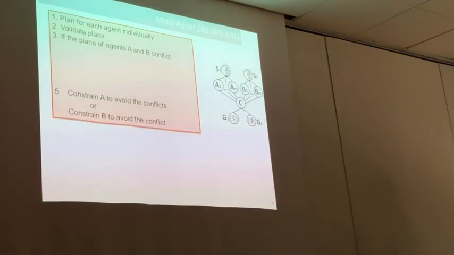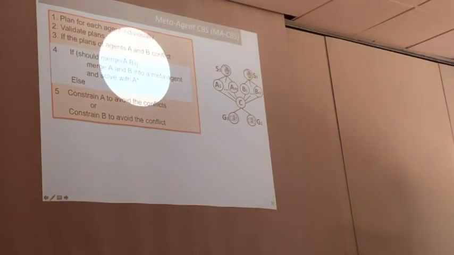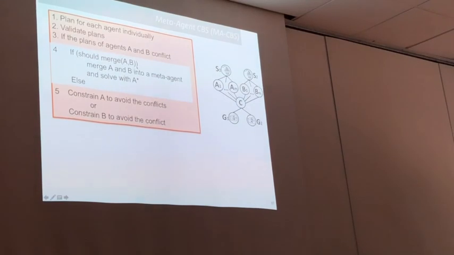We run CBS, but we keep track of which agent conflicted. And if we see 2 agents conflicting too often, then we merge them together into what we call a meta agent, which is a 2-agent agent. The possible actions of the 2-agent action is 5 to the power of 2, so it's harder to solve. But in some cases, it's better. So the idea is you run CBS, agents that conflict too often, you merge them together into one big agent